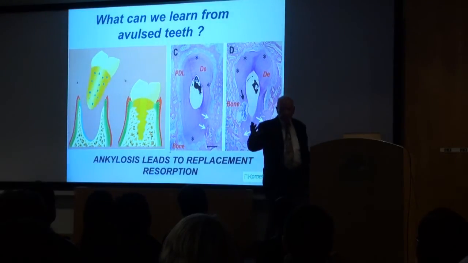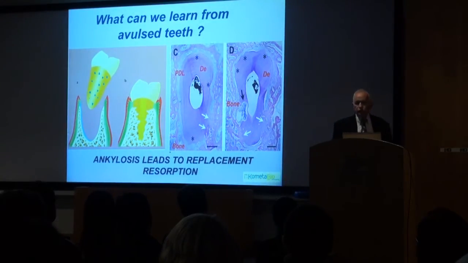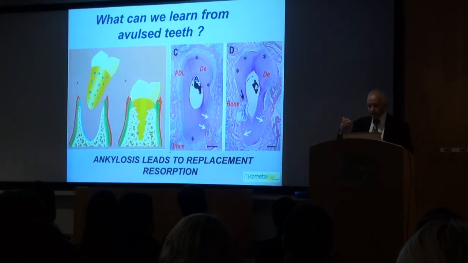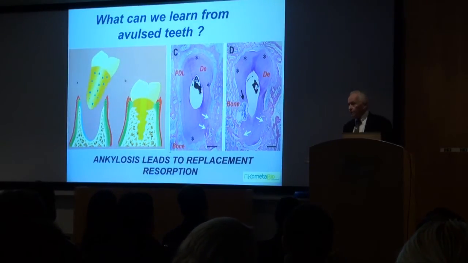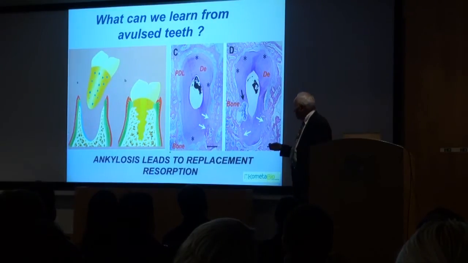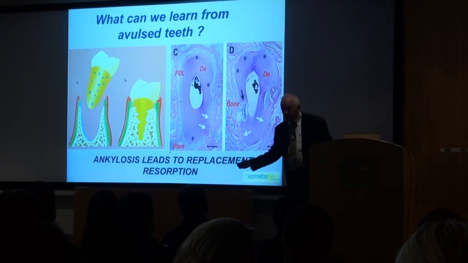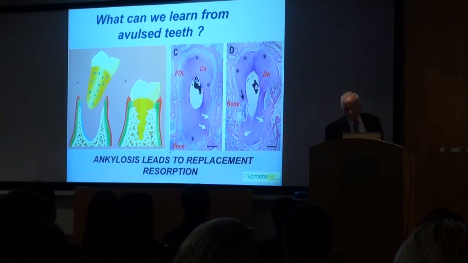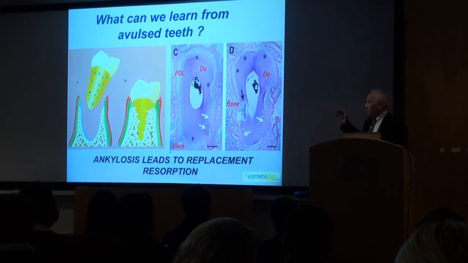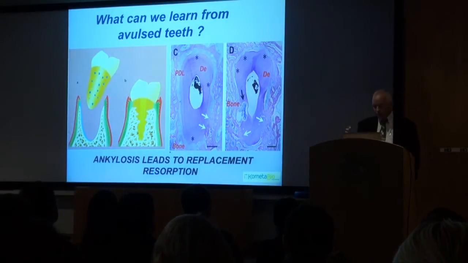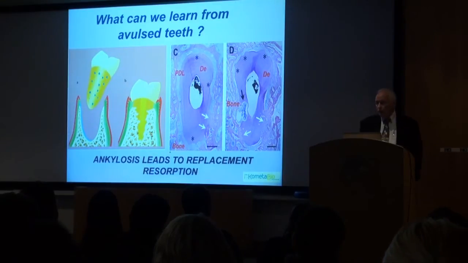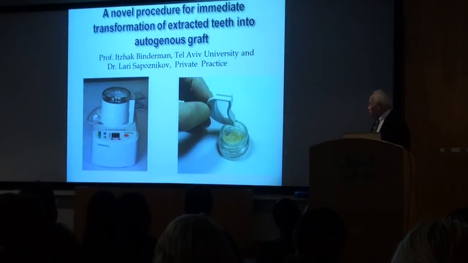And again, like transplanted teeth, avulsed teeth also, sometimes they stay for 5 years, sometimes for 6 years, sometimes they stay for more. So what we learn from that, first of all, is that human teeth are very well accepted by progenitor cells, by osteogenic cells, and they are attaching and adhering to the surface of the roots. So this idea,